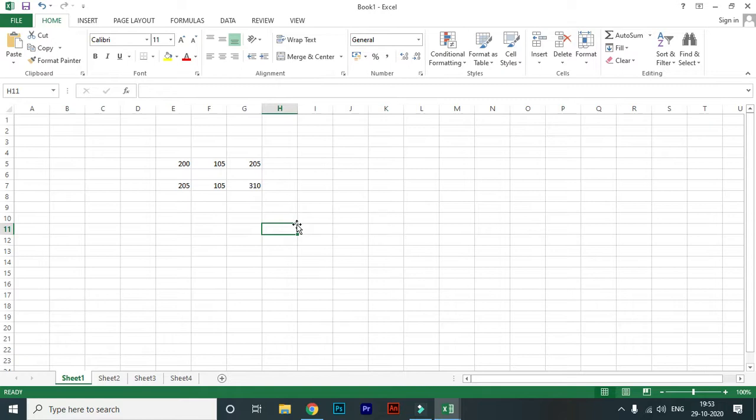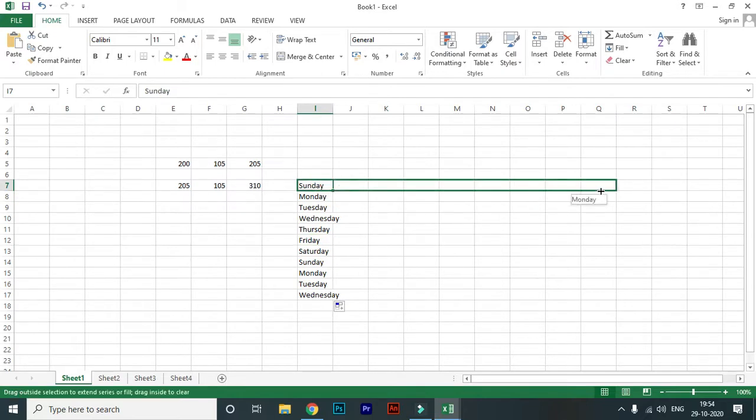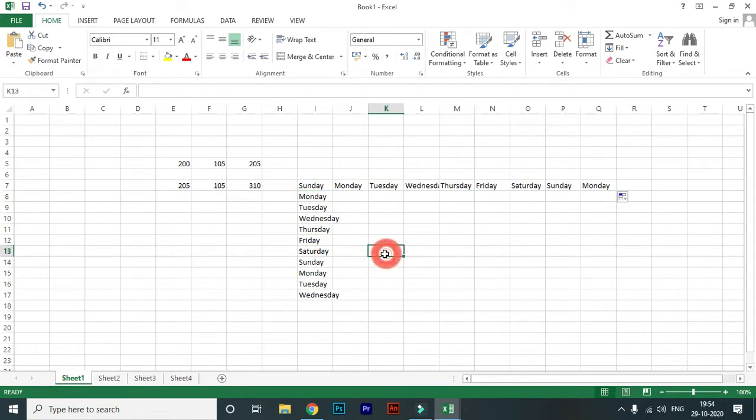Okay, now after saving, enter data in the cell. But before entering data in the cells, I want to show you the power of Excel. Suppose I write Sunday here. When I click the bottom right corner, a black plus cursor will be displayed, and drag down. You can see that Monday, Tuesday will be automatically displayed, vertically and horizontally both. Clear? So this is the power of Excel.